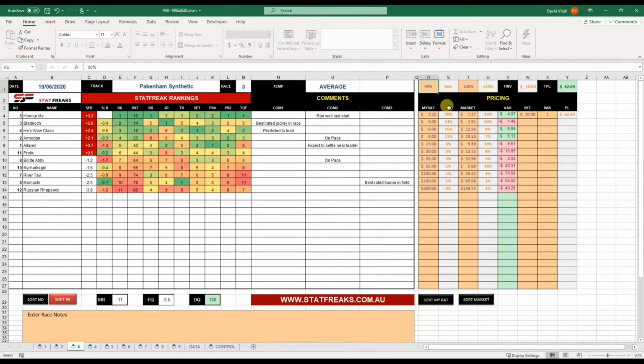So if you lower it, it'll lower the percentage here, and if you increase it, it'll increase the percentage. The reason we have that is that at the moment we're building another function which will possibly adjust the staking unit, the recommended staking unit. It's not ready just yet, but if you want to understand what that is, at the moment it's for a